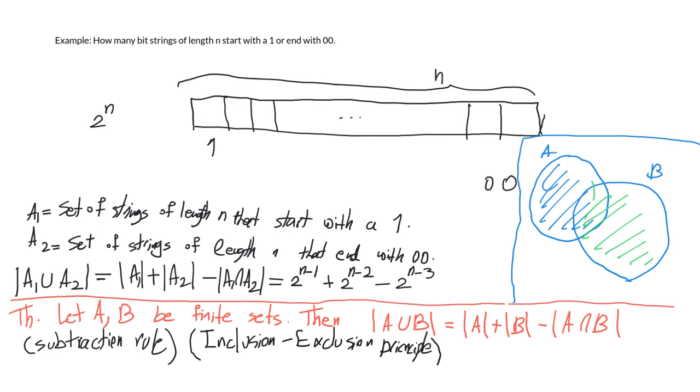So when you extend this, instead of two sets, you take n sets, then you get a formula which is just an extension of this formula. You remove all and add a lot of things to count everything just once, and you will get a very big formula, and that is called the inclusion exclusion principle. And here we have only two sets, and the formula that we get is very simple. Let's see another example